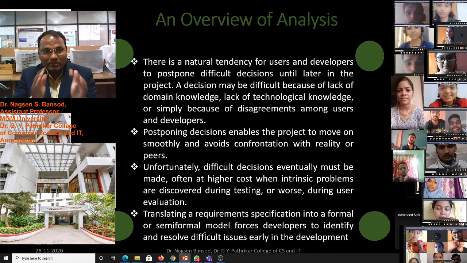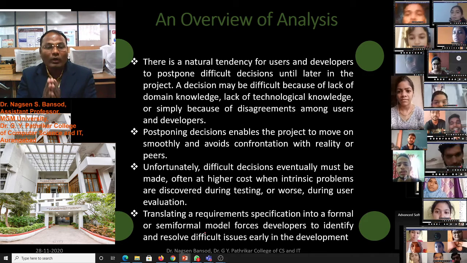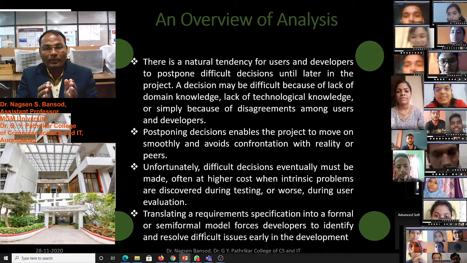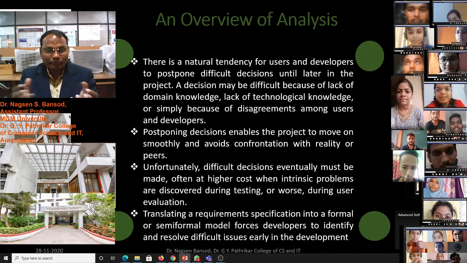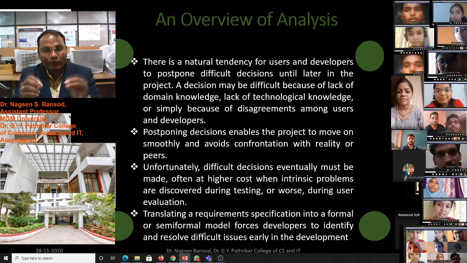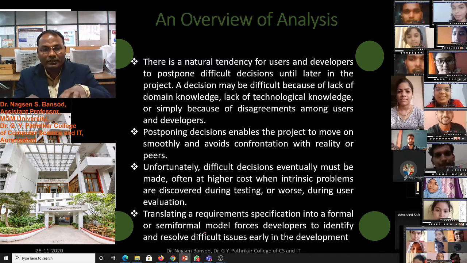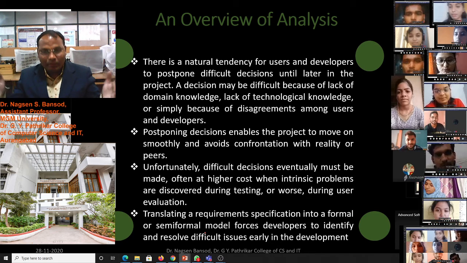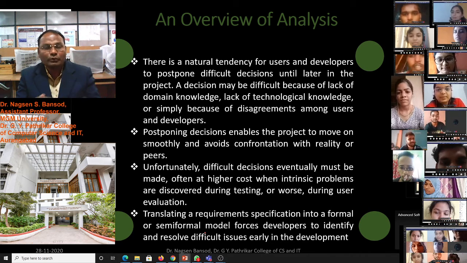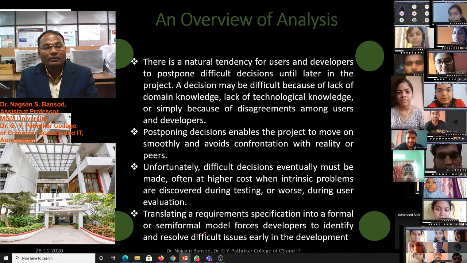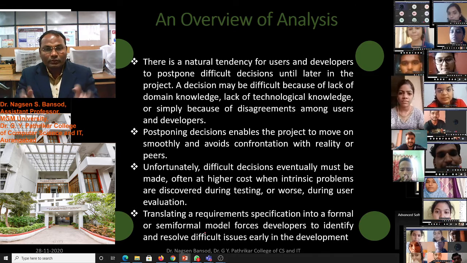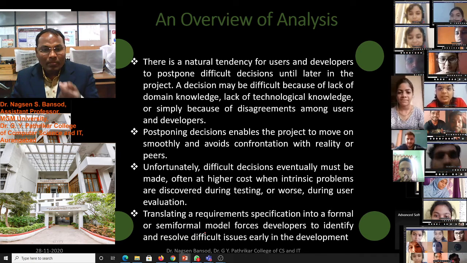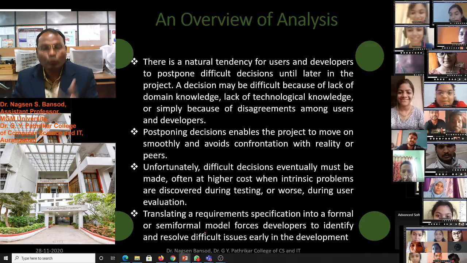We make small objects and small models, formal as well as semi-formal, so that one or more developers can get together and find a solution. We break the big problem into small problems and distribute them to developers, who resolve the difficult issues early, before starting the next step of development.